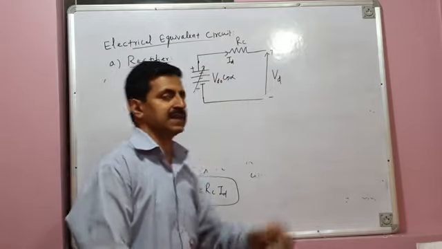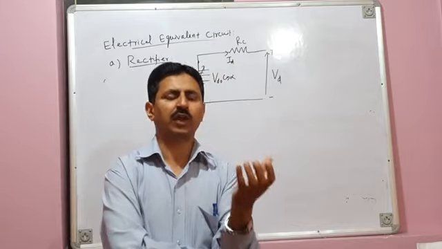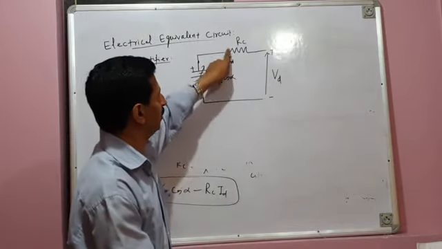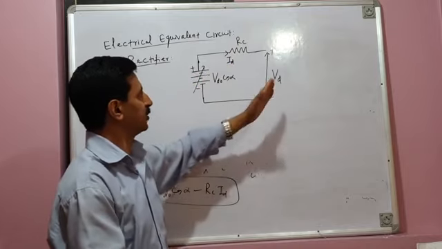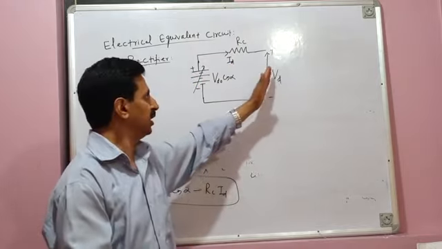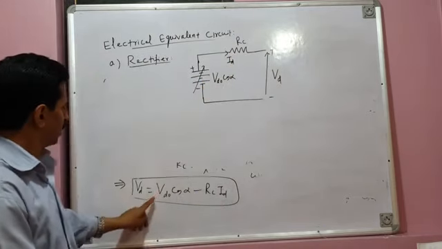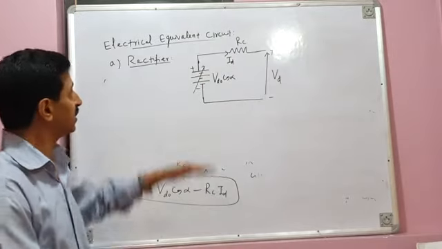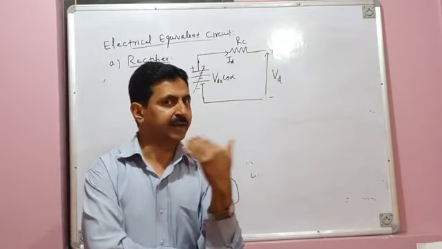So this RC is converter equivalent commutation resistance. The loss of voltage is taken care of in electrical equivalent circuit by this equivalent commutation resistance. And the voltage drop across it is ID into RC, so that your average output voltage is Vd naught cos alpha minus this drop, ID RC. So it is Vd naught cos alpha minus RC ID. So this gives electrical equivalent circuit of our converter in rectification mode.